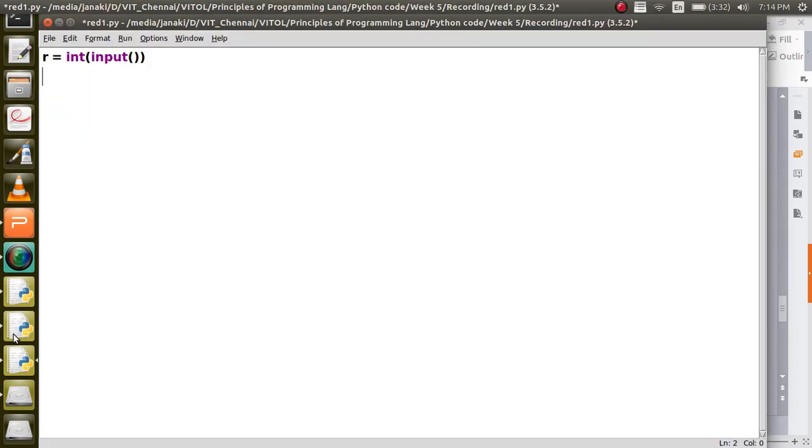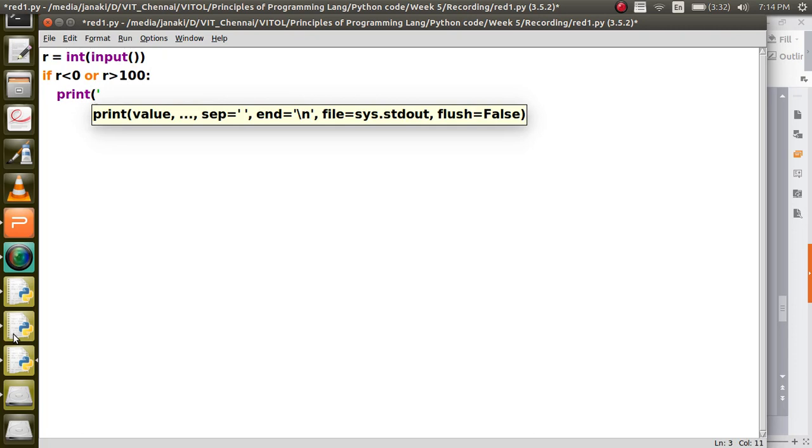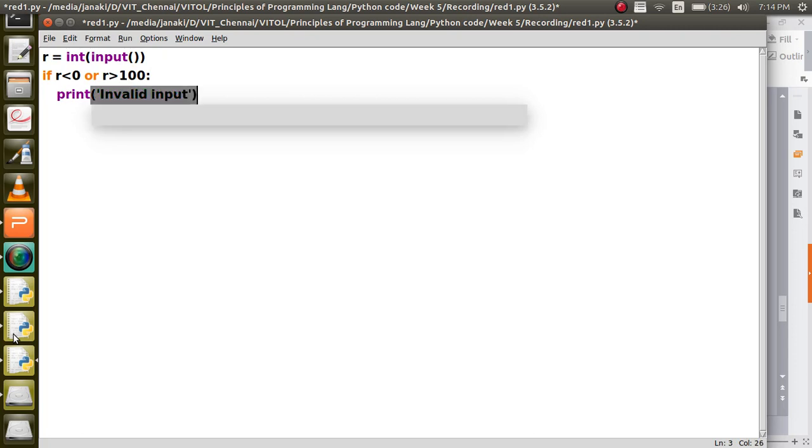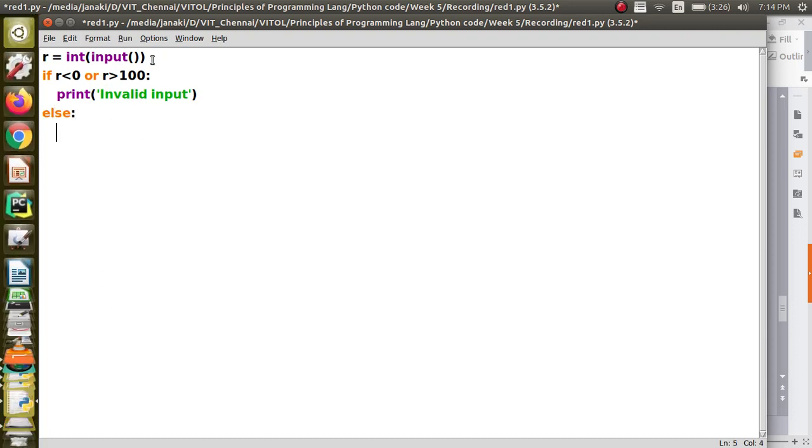After that you are going to check whether it is less than 0. That is the boundary condition. You are going to check whether R is less than 0 or R is greater than 100. Then you are going to print invalid input. Otherwise, if one of these conditions is satisfied, then there is no processing at all.